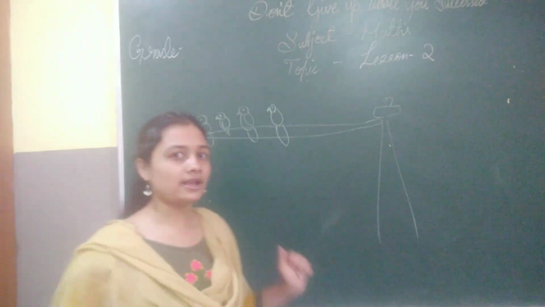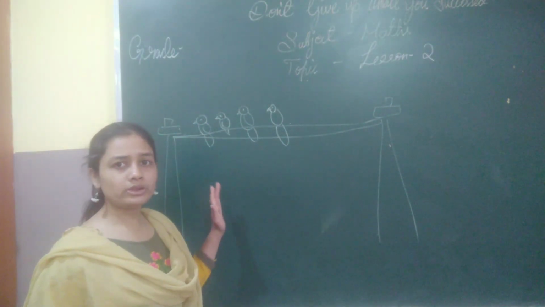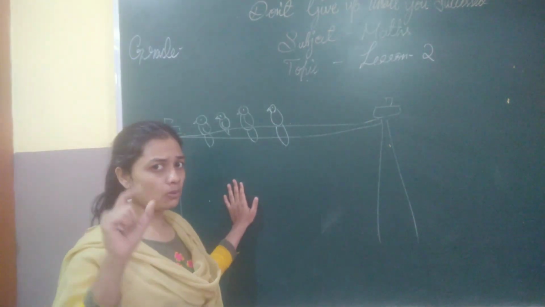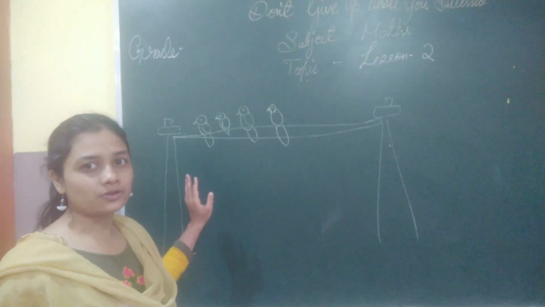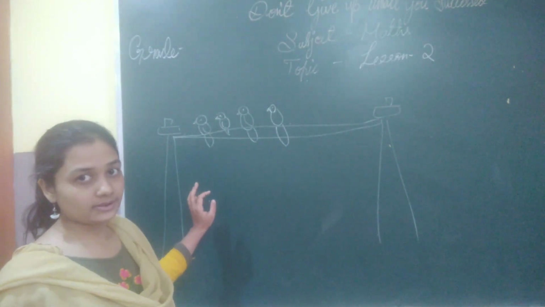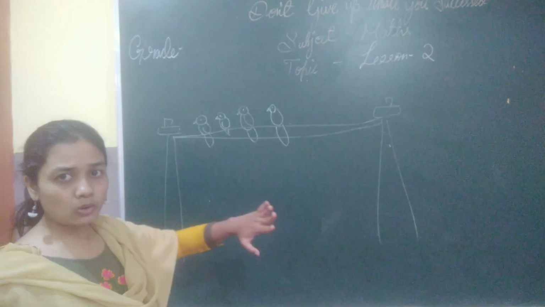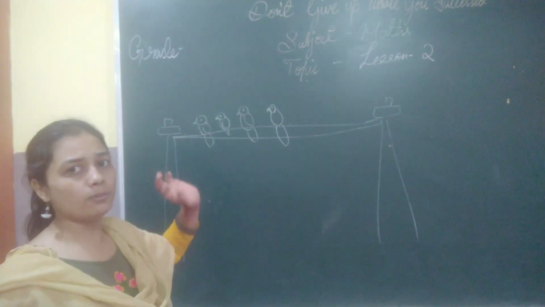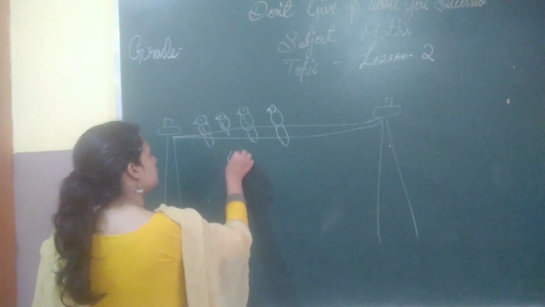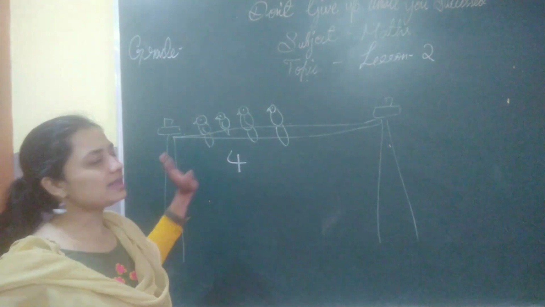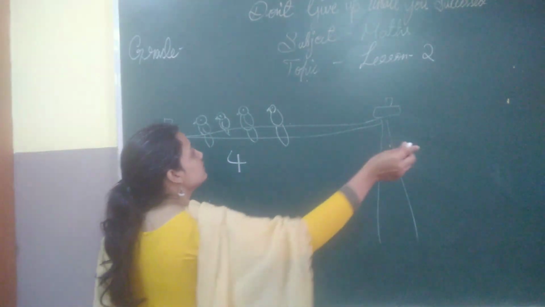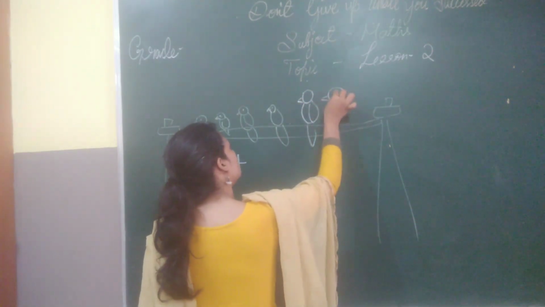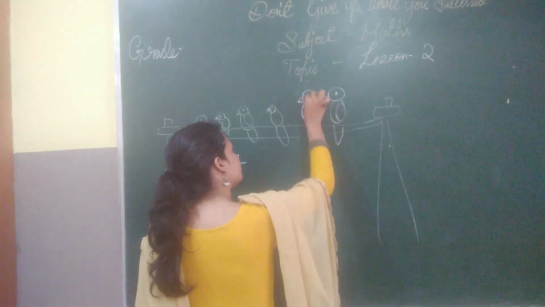In today's class, I am going to say the word problem. I am not going to write it in words like you read in a textbook. Let's see a story, okay? A small story. This story doesn't have once upon a time and all those things, just a small incident. So you can see there's a light pole and some birds sitting on it. How many birds are sitting here? 4 birds. We have 4 birds sitting on a light pole, and then some more birds come and join them.